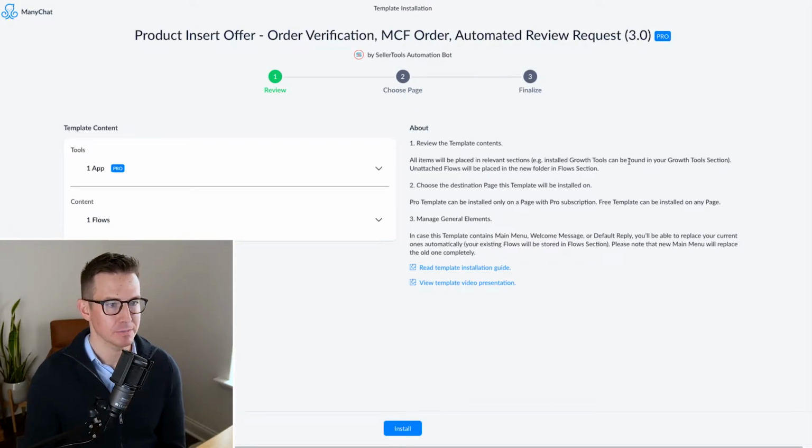So again, in this step, it's going to confirm what we are adding in terms of the template installation. So of course, we've got the Seller.tools app, the flow that we're importing. Go ahead and click install. And just real quick, while Troy is going through this process, basically with the Seller.tools app, that's where you're going to put in your Seller.tools API keys. So really important to make sure that you grab those keys from your Seller.tools account, put them into the app, make sure that the app is updated on a regular basis, and then make sure that you have